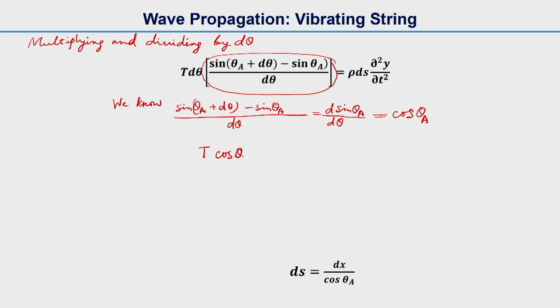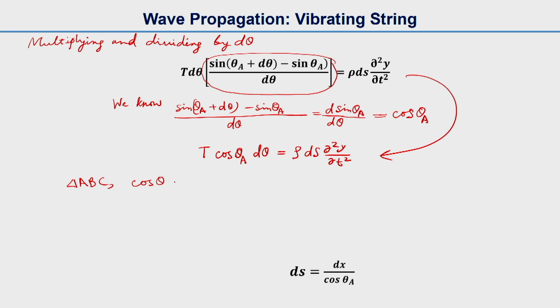So from the previous expression what we got is t cosine of theta d theta is equal to rho ds second partial of y with respect to t. So this comes from this equation, and also we know that from the right angle triangle ABC,